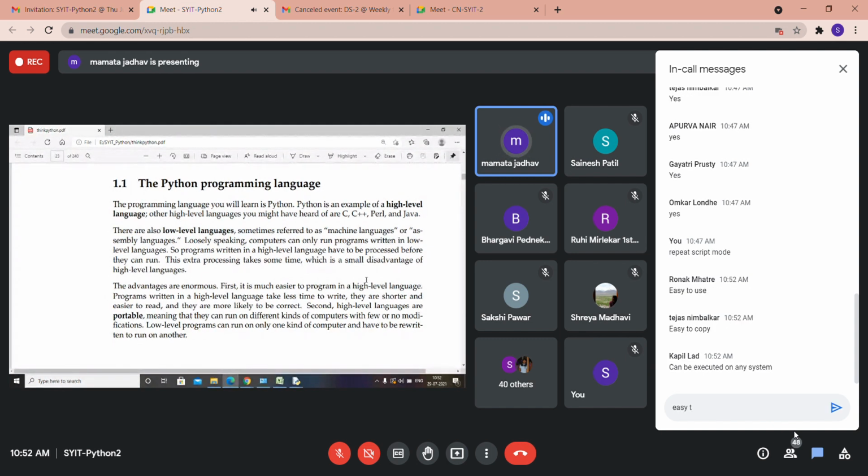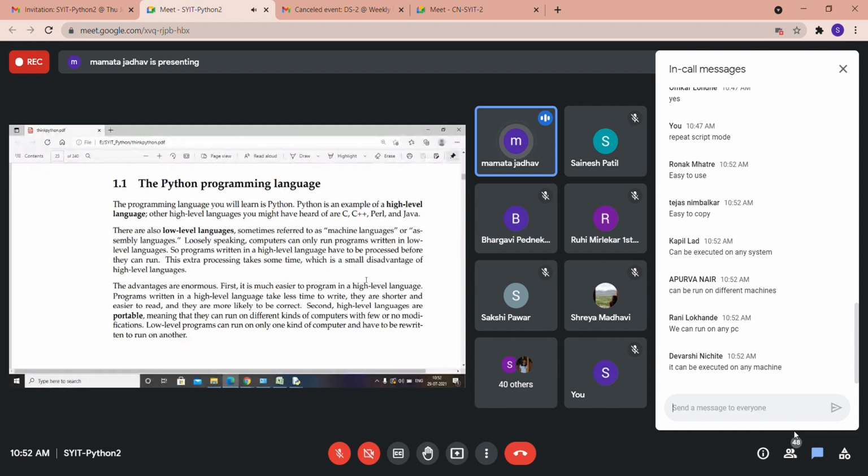Portable does not mean easy to use. Portable is something which can run on any platform, and it is independent of configuration.